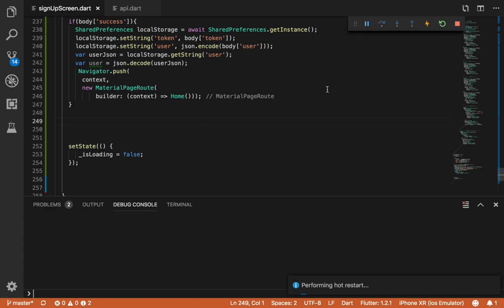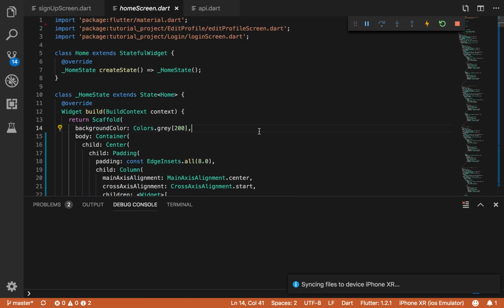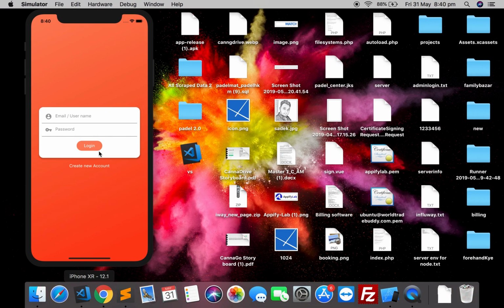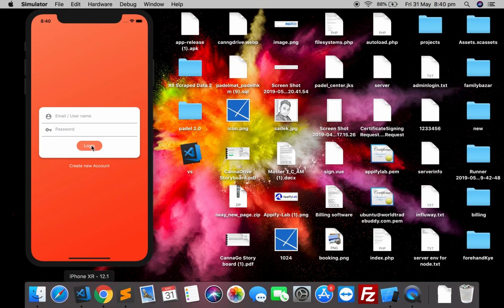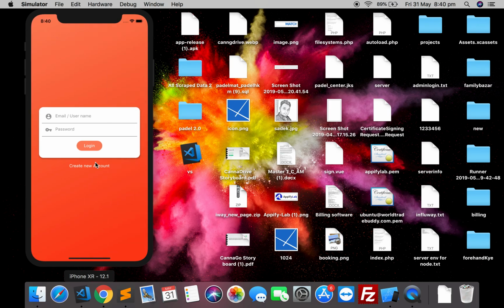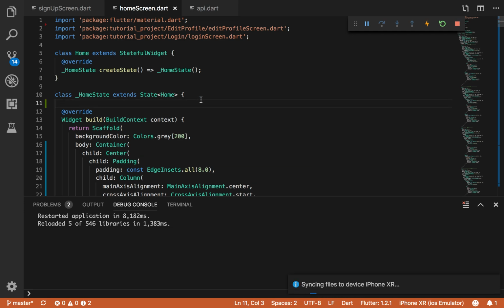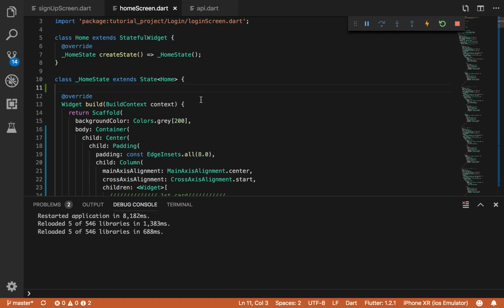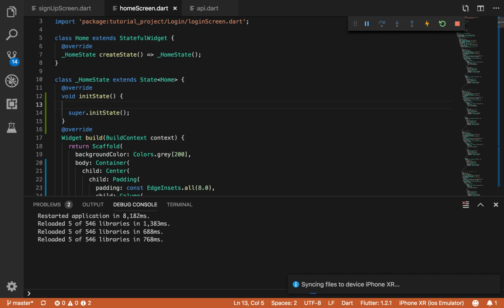And in home page, we have this screen. And in this screen, we can take the user information, because we see some user information here. So you see some user information. We can show this user information from this local storage. So in order to do that, I have to get the user information back. So the best way to get it from here is initState. So in initState, we can bring it like this: